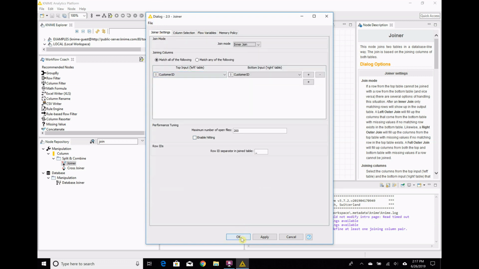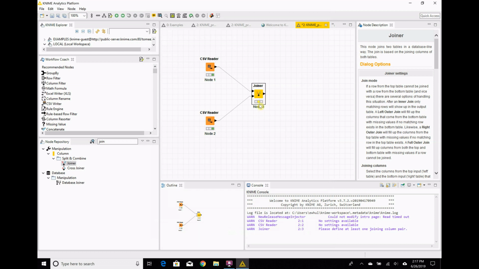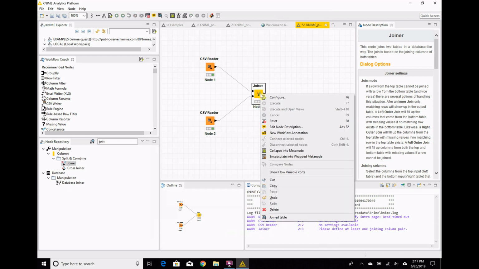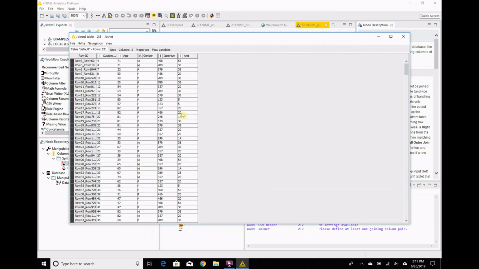So let's do our join. Hit OK. You see it's yellow, that means it's ready. We'll do the execute, or I can hit F7, and bam, it's green. Before it said table view, and now it says join table. So we see our join table, and look,